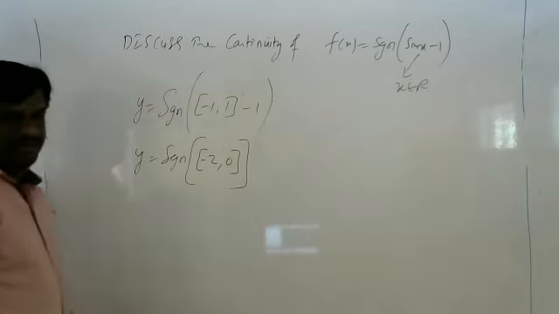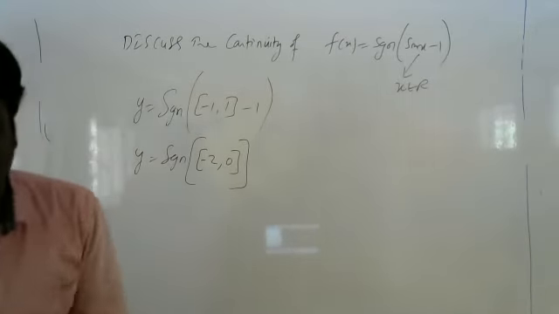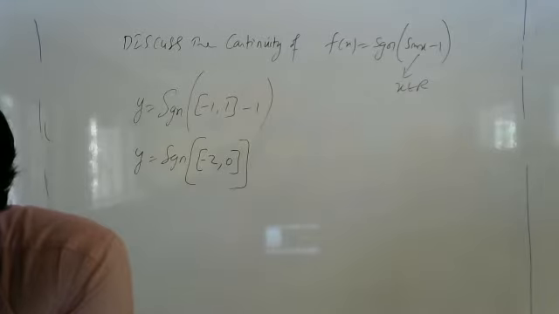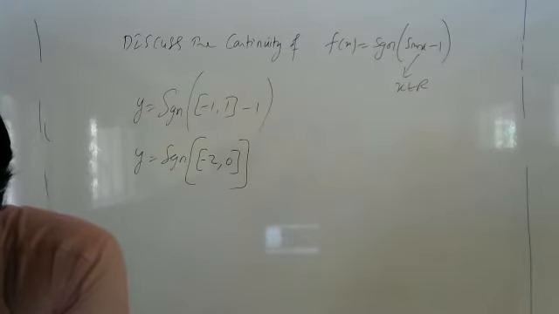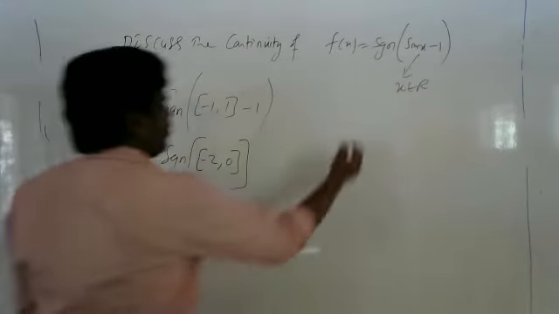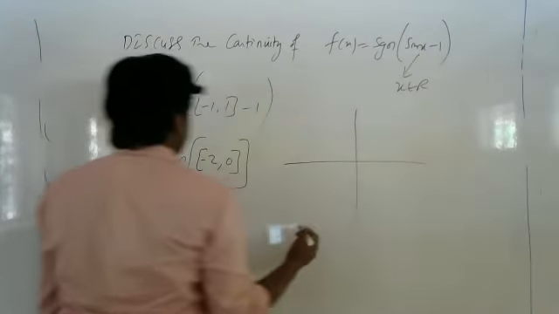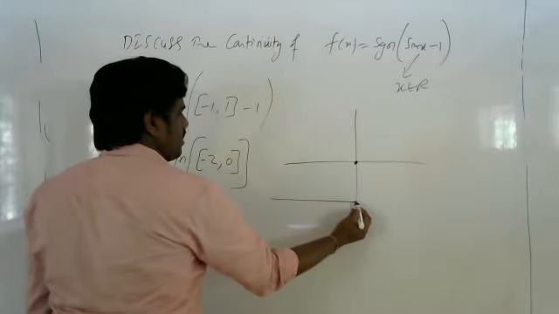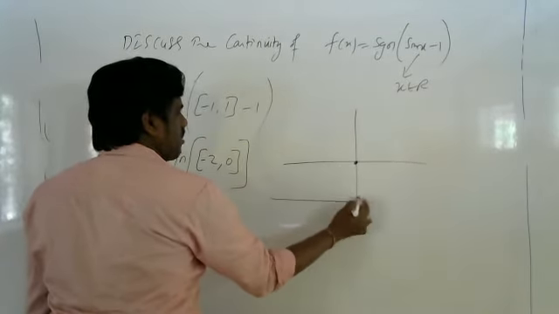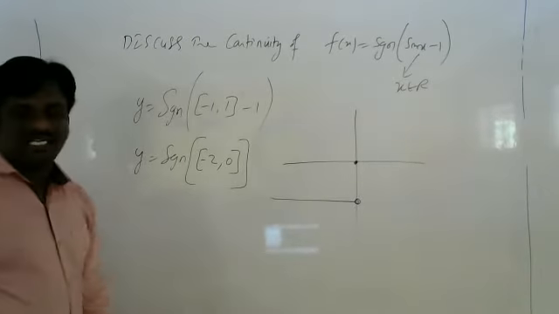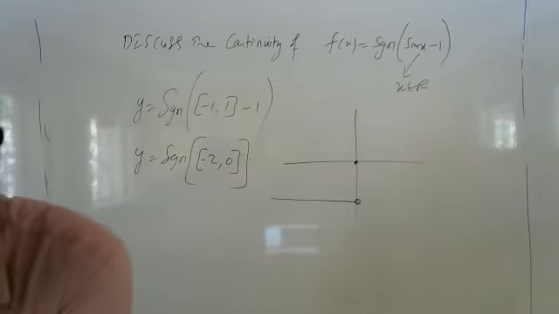There is a problem. Signum negative is how much? Tell me fast. Signum negative is how much? -1. And signum 0 is how much? 0. So it is discontinuous, no? See, when the function, you know what is happening, at 0 the value is 0 and at negative the value is -1 you are getting. So here you are getting a hollow circle. Means at this point 0 I am lifting the pen. So it is discontinuous. Correct?